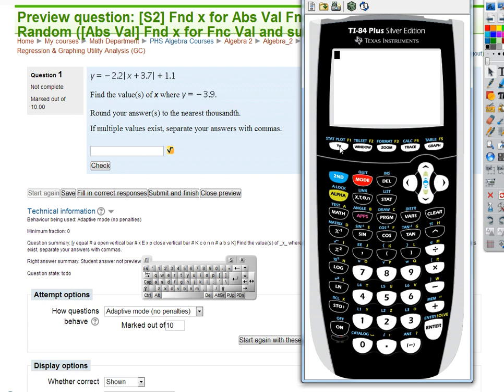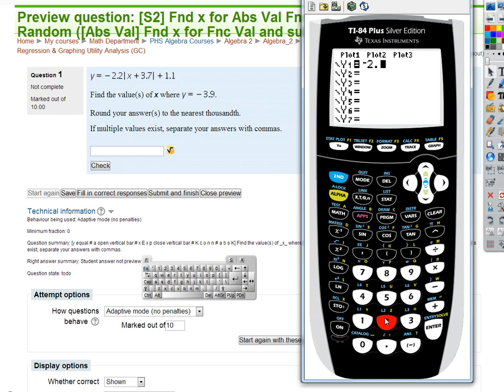Okay, so what we want to do then, we got to input the absolute value function, right? So we just go up to y equals. Now I'm making a video of this. Notice that the buttons I push are red, so you can see whenever I push a button, it shows up as red on the calculator. So y equals, let's clear that guy out of there. We're just going to put this function in, right? And so we go negative